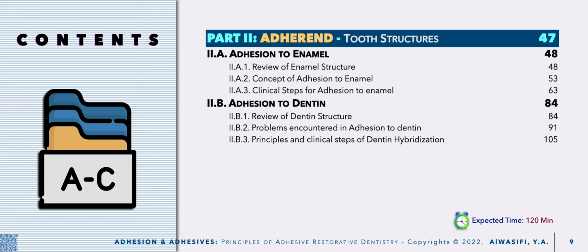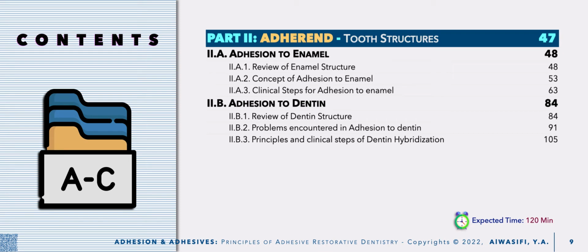We started with adhesion to enamel, which was as simple as possible, simpler than that of dentin, as we reviewed the enamel structure including its histological structure and chemical composition. The concept of adhesion to enamel was thought to be via acid etching, which entails selective demineralization of rods more than interrod substance, resulting in creation of micropores. These micropores will be impregnated or infiltrated by resin, which will form microtags that will solidify, permitting micromechanical locking with